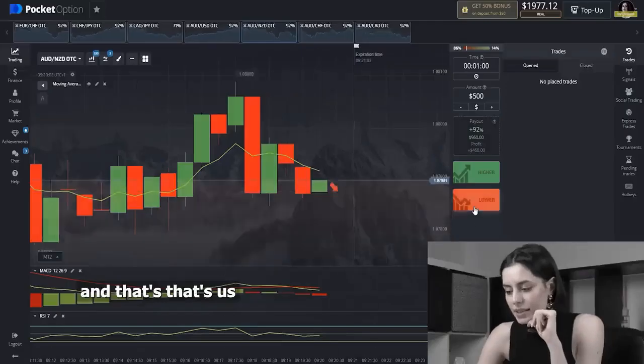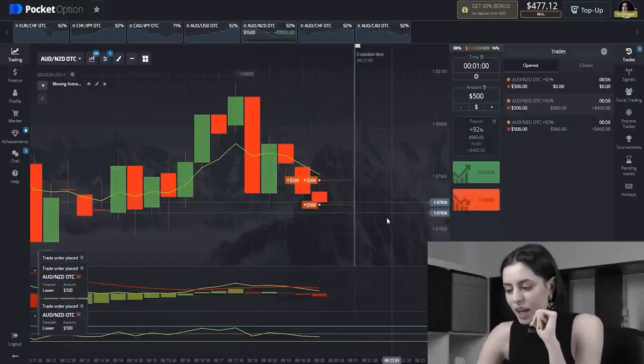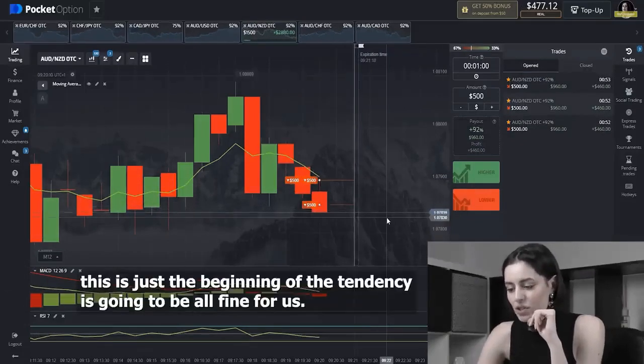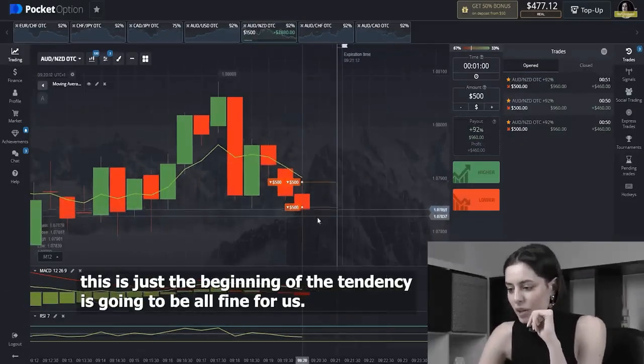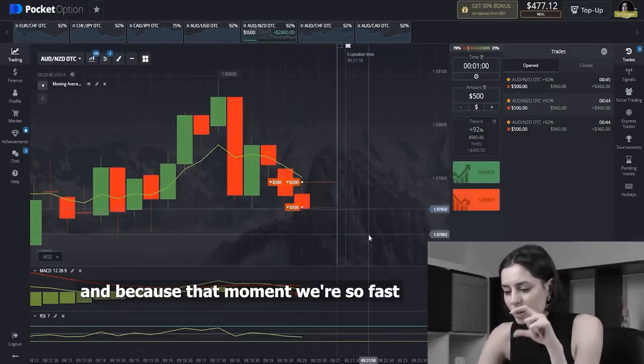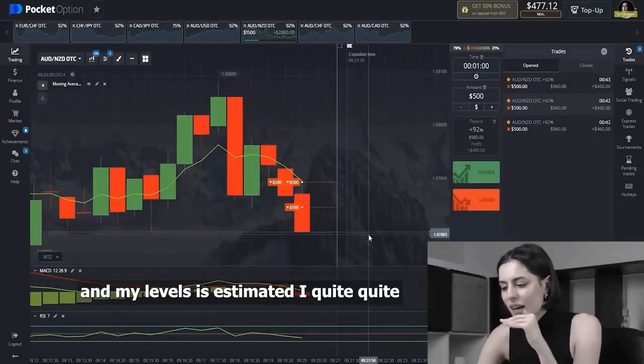And that's us. So we are sliding and going downward as much as we can, and I hope this is just the beginning of the tendency. It's going to be all fine for us. I don't like that distance that we are actually having, because the movement was so fast, and my estimated levels are quite